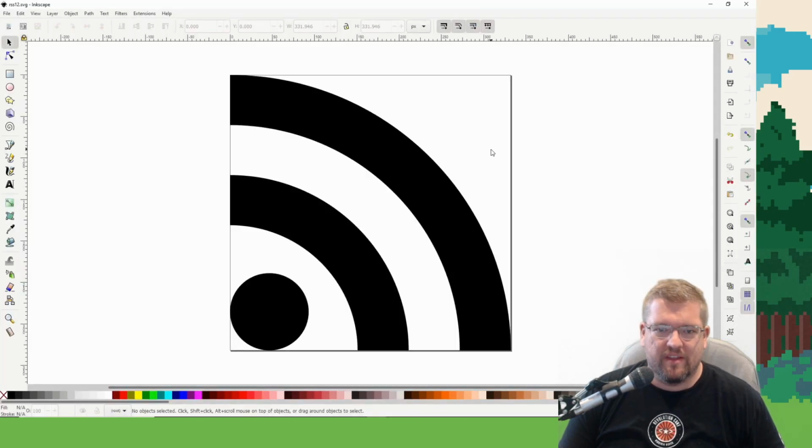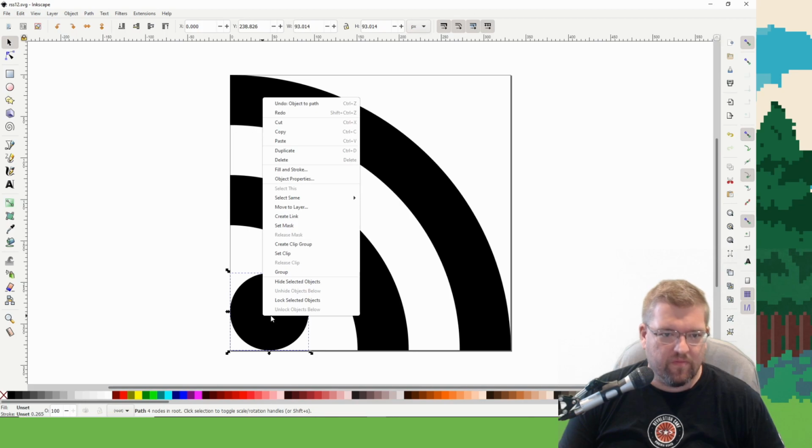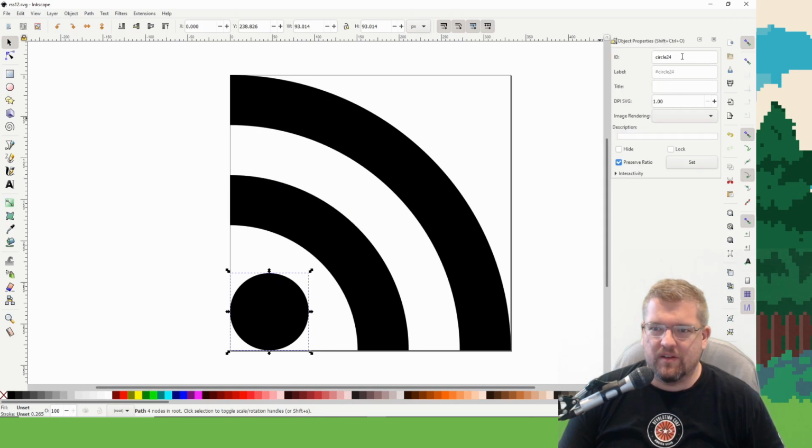All right, so I have this. That's an object. Yeah, so that's the object. Path 4. Oh, wait. Object properties. So, yeah.